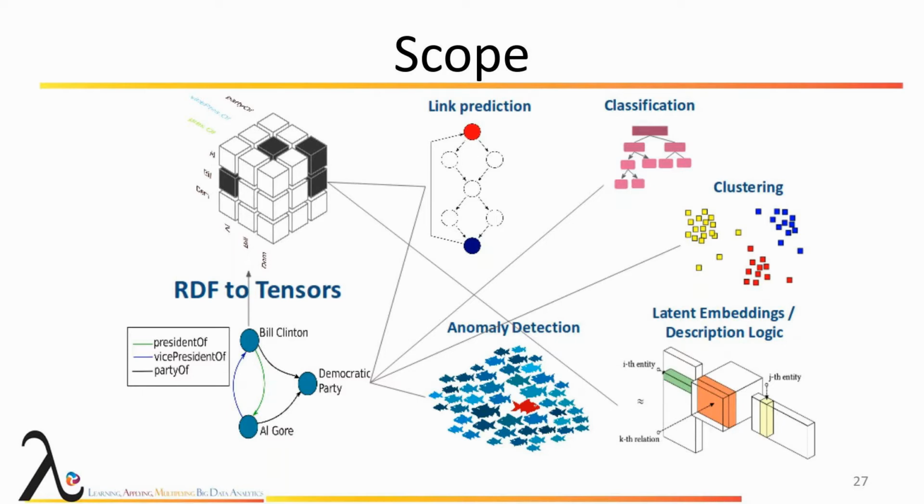We also have algorithms for link prediction. A relatively new line of research is transforming these RDF data into a tensor-based representation, which is more like a three-dimensional matrix, where on two dimensions we have entities or resources, and the third dimension represents the relationships among those resources. And based on these tensor representations, we have several latent embedding models, and this is also where SANSA is providing some algorithms for knowledge graphs.